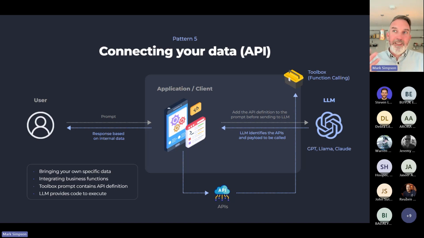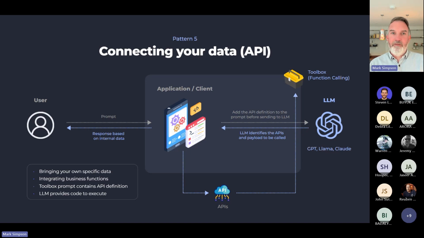So we basically build up a definition of all the APIs and other functions or queries. It doesn't have to be just APIs, but we build up this catalog that we can pass in as context to say, if we're looking for a price, there's a pricing API, and these are the inputs it needs, and this is what it will provide to you. So, if we've done all the great work over the last years on getting a very good API architecture with a catalog of registered endpoints, we've done half of the work. All we have to do now is give it the context of what this API will do for you, not just the interface to that API.